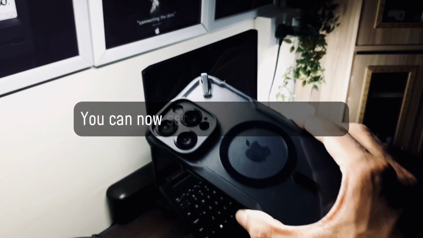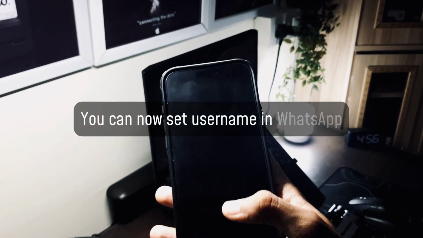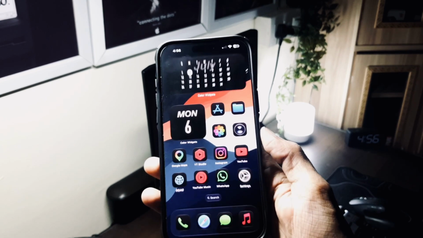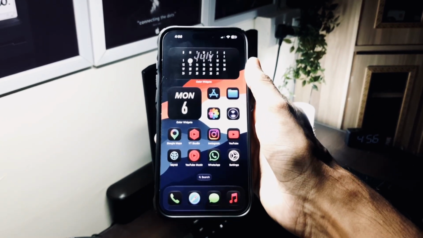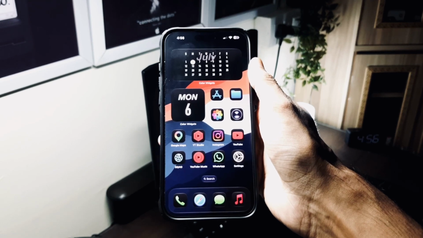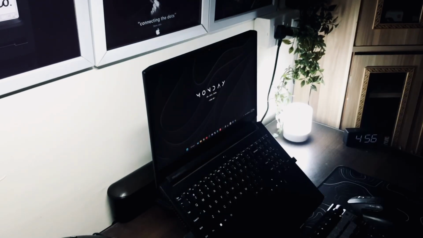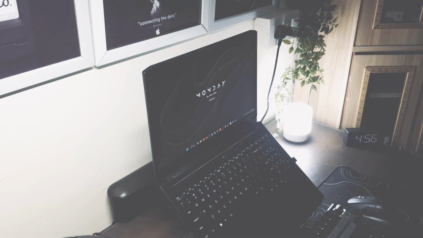You can now set username in WhatsApp. Now we can share our username or passkey to chat with someone in WhatsApp. If you wish to not share your phone number with someone,